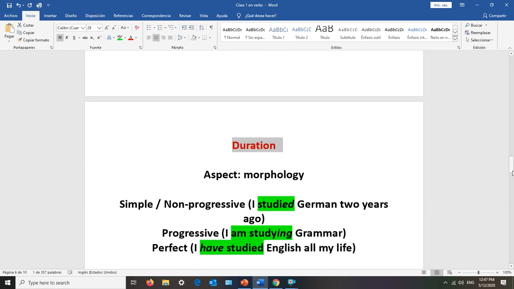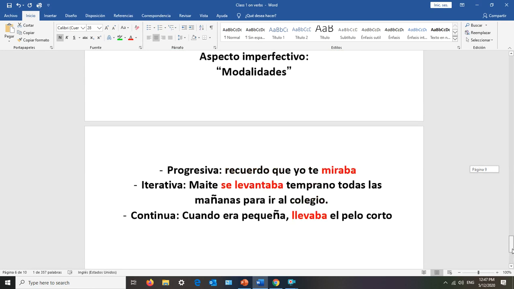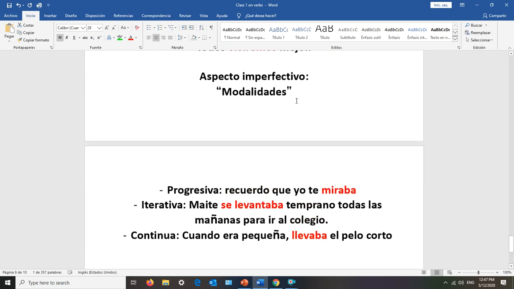Now, in contrast, in Spanish, with the modalities for imperfectivo, when one is at stake, progresiva, for example, the other two are cancelled out. All right, so it is either something that is represented as unfolding or something as repeating itself in time or something as holding in time, remaining the same in time.